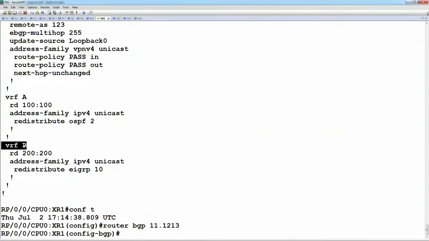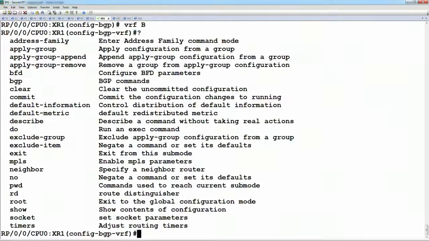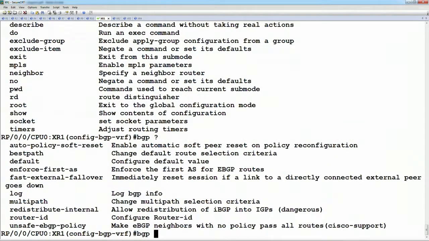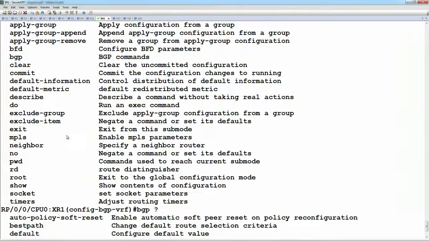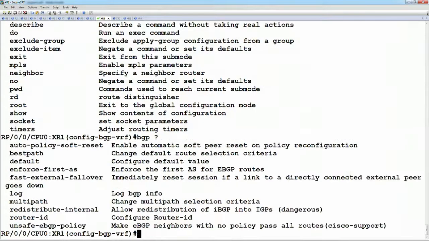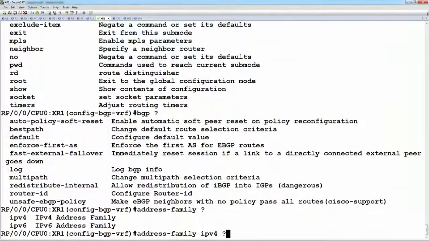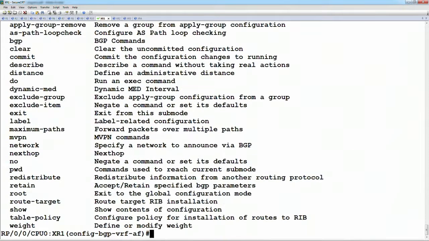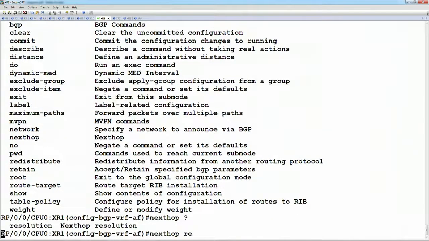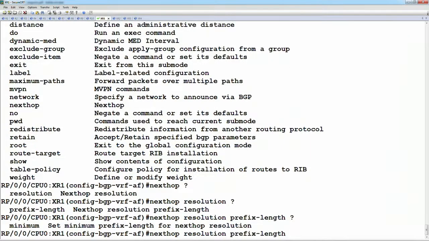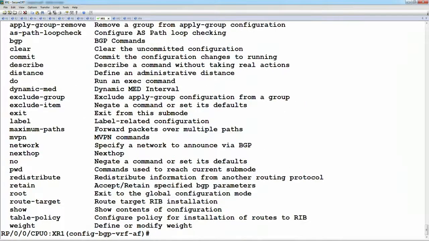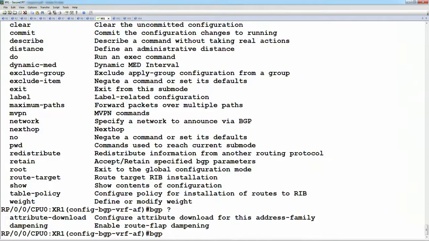VRF is B. And then we'll say the BGP, is it under the address family IPv4 unicast, next hop? Next hop resolution, no, that's for next hop tracking. BGP,